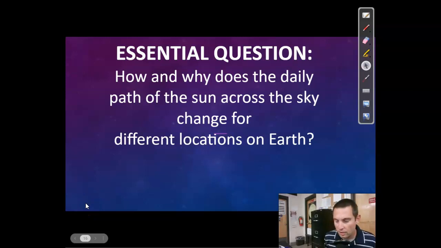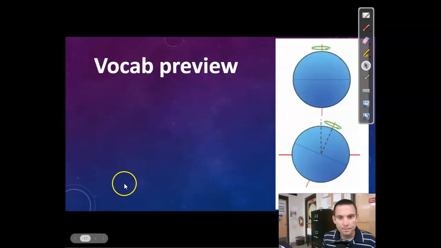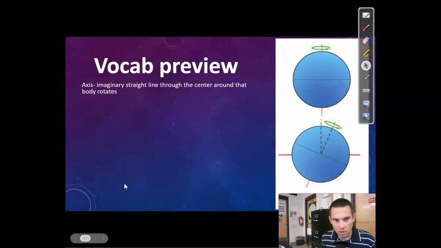Alright, here we are wrapping up Exploration 2 for Unit 1, Investigating Motions of the Sky. This time we're looking at investigating how the sun moves across the sky, with our essential question: how and why does the daily path of the sun across the sky change for different locations on Earth? The vocabulary you should have come across is the axis, which is an imaginary straight line through